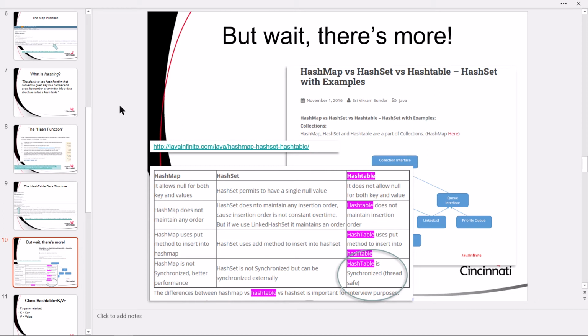Now again, we don't have time to spend in great detail, but I provided a little chart for you here, which is very helpful. One of the things I do want to point out, which we'll get to in another video, is that a hash table is thread safe, meaning it can be used in parallel processing. And that's a big deal for us because we have multiple CPUs in our machine.